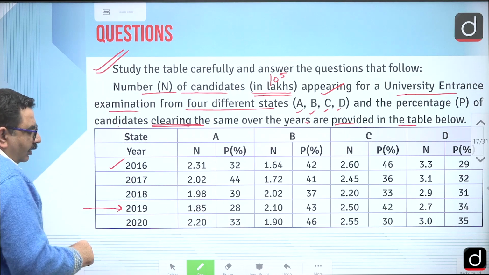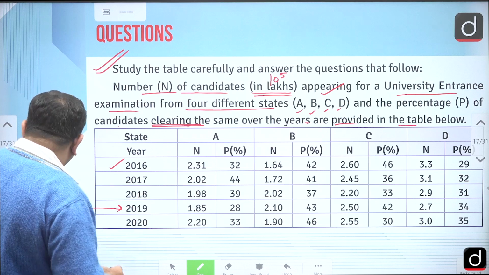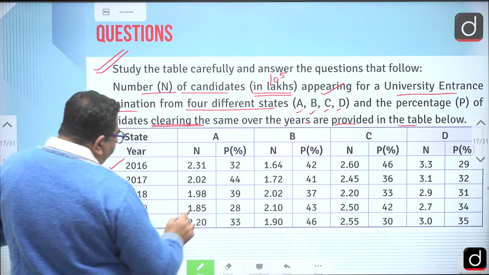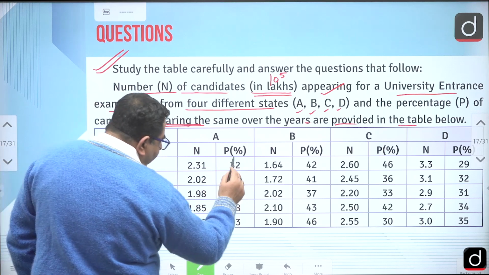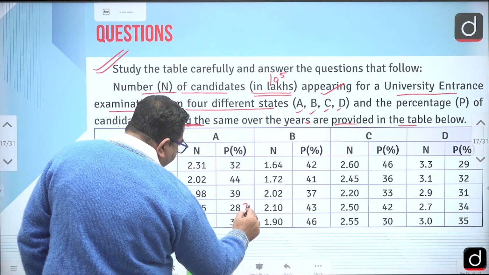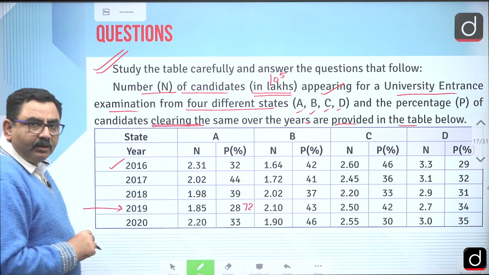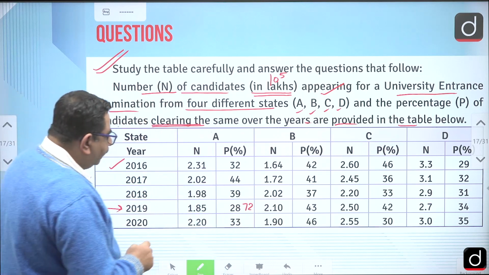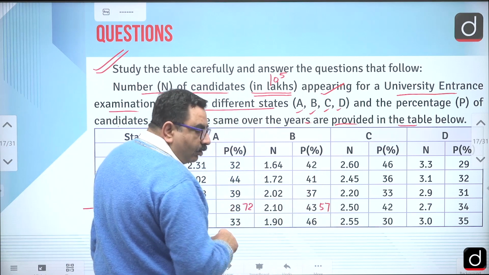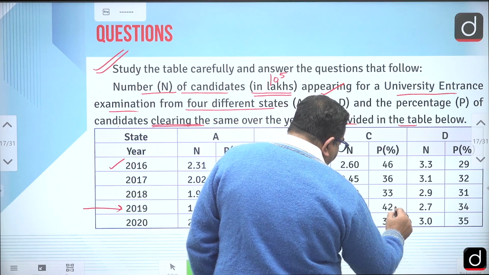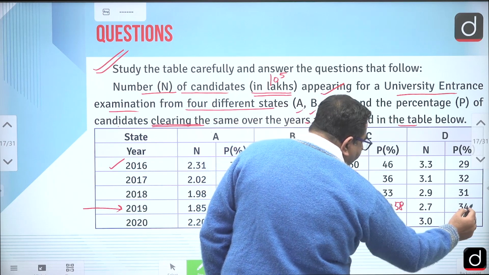One thing I would like to tell you beforehand is that this percentage is of passing out. So 72% will not be able to qualify; 43% have passed, which means 57% were not able to qualify; 42 means 58%, and 34 means